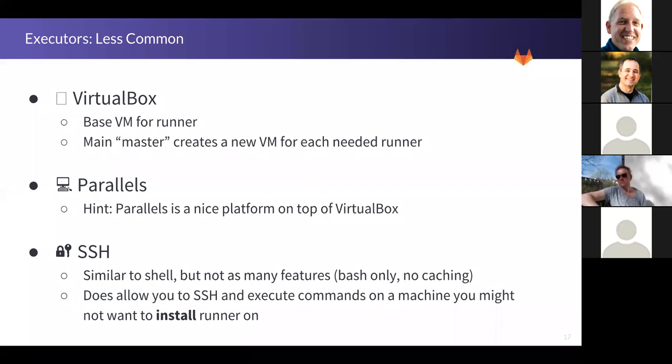So Brendan, do we support VMware or just VirtualBox? Just VirtualBox. VMware actually supports Docker Machine for scaling. And so you can use Docker Machine with a number of VMware tools, which we'll talk about in a little bit. Okay.